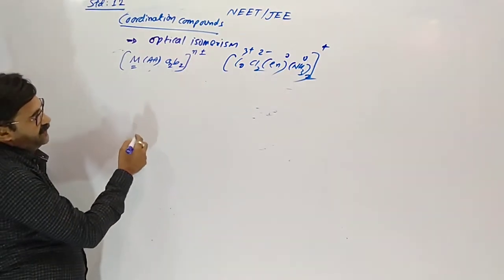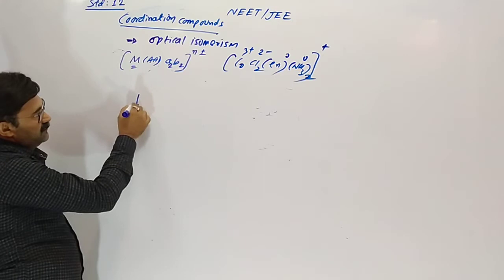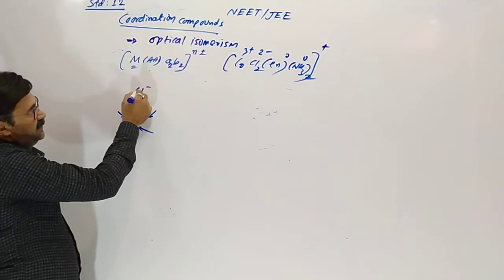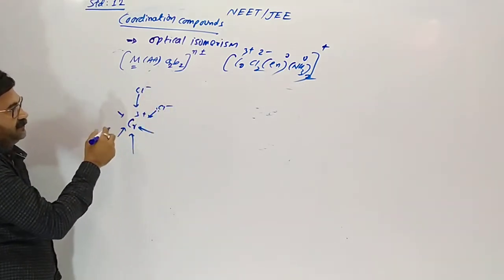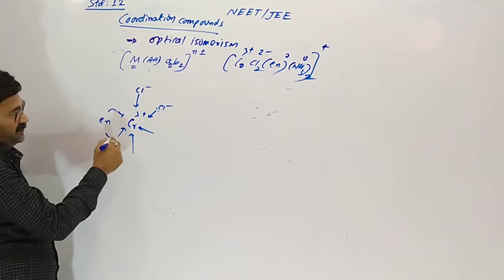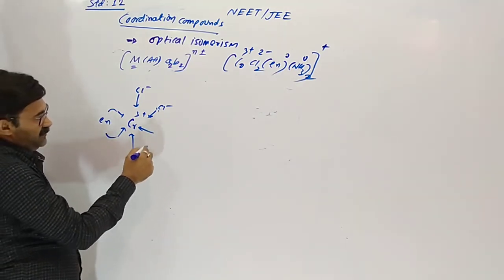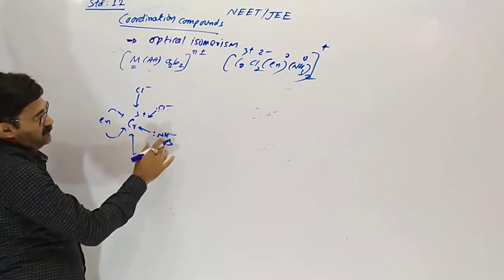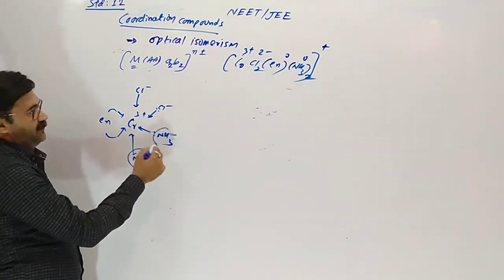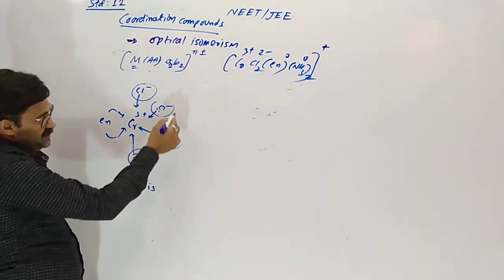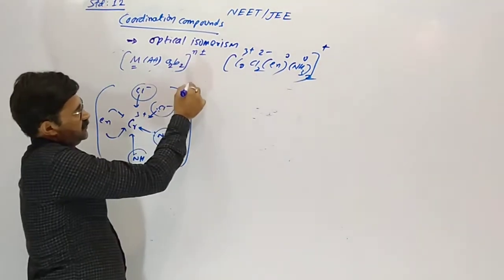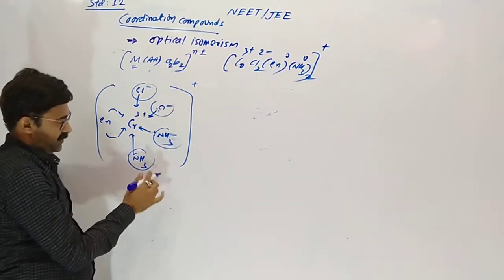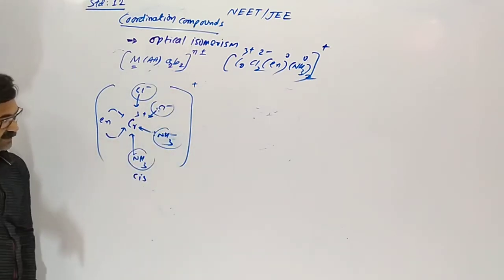Yes, on the basis of amine we can say Cr +3 is combining with 2 chloride close to each other. 1 En is here and 2 amine close to each other. So this is cis. Same type of ligand close to each other, so cis. Now on the square, don't make a mistake, there should be a plus charge.